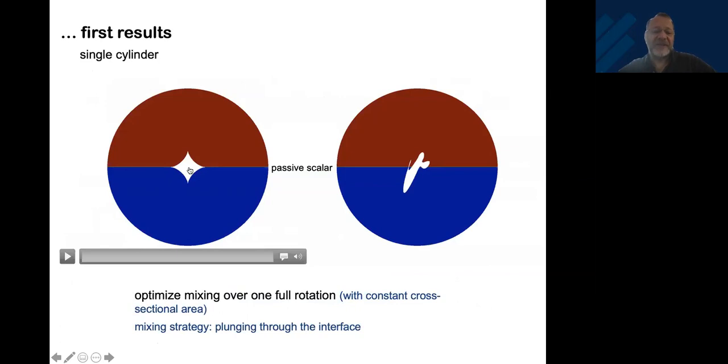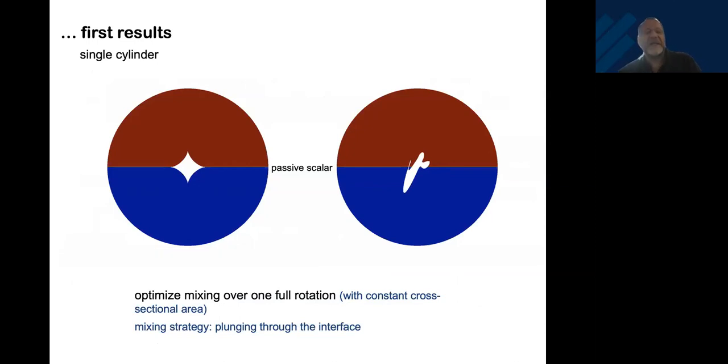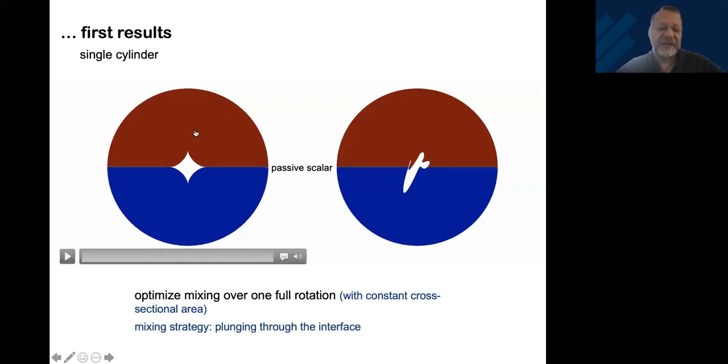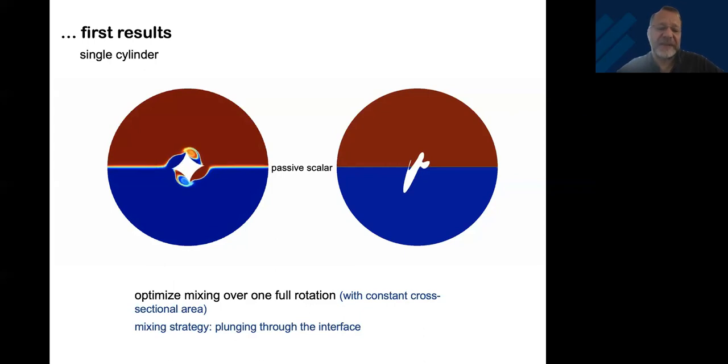Here is the unoptimized one, and we don't start with a cylinder because a cylinder has nowhere to go. So finding a gradient of what to change the shape on a cylinder is hopeless. So we have to give it some kind of a starting strategy that creates some type of mixing, and for that one we have an asteroid. Okay, it's an epicycloid, a hypocycloid. So this is the starting, this is unoptimized. This is our initial shape, and we're going to go for one full rotation. Okay, it stirs a little bit in its neighborhood. One full rotation once around, and this is what you get.